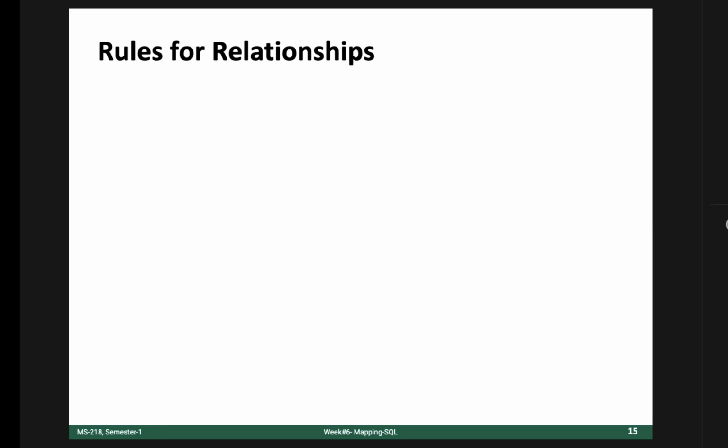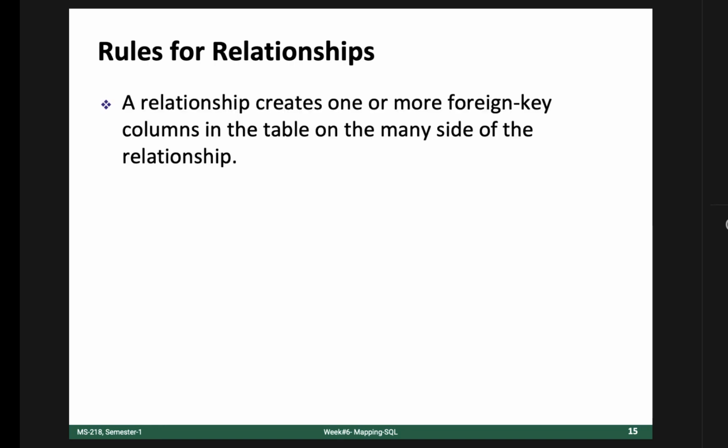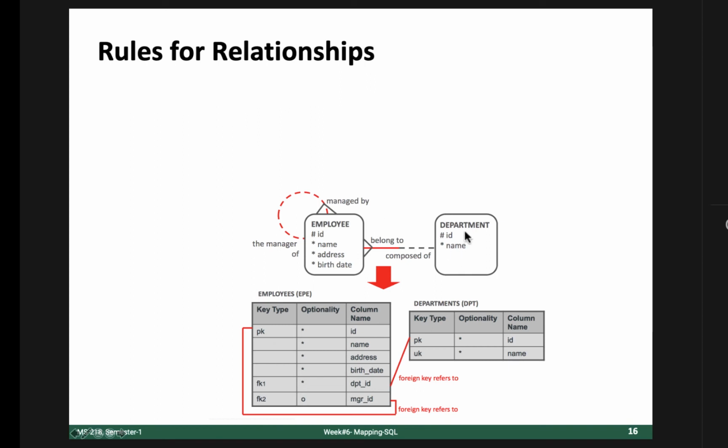Okay. So rules for relationships, we discussed that if we have a one to many relationship between two entities, it means that the primary key of one table will come as a foreign key in the many side. Just like you can see here, department and employee entities, and the relationship is one to many, right? Many is this side. So it means that the primary key of this table would become a foreign key in this table. So that's why we are adding the department underscore ID attribute, and we are linking this as a foreign key.